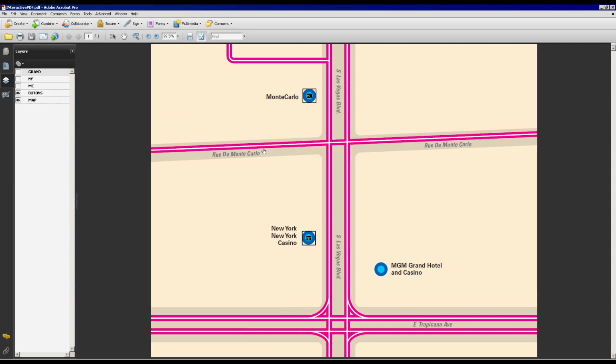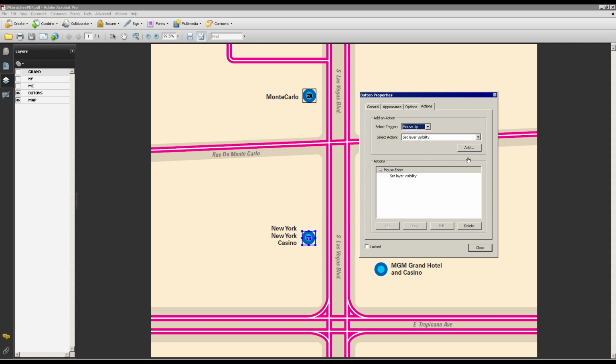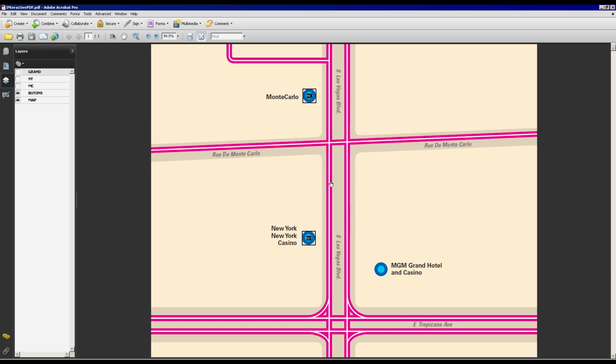Close that. Turn off that pop-up. I'm going to double click to go back into this button's properties. Mouse Exit. Set layer visibility.